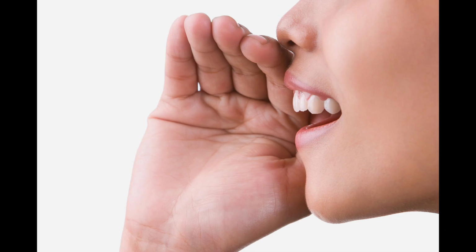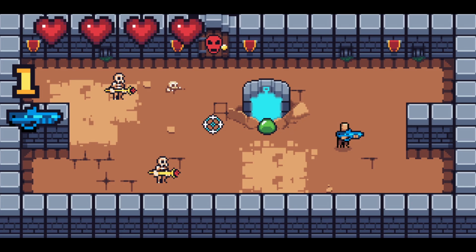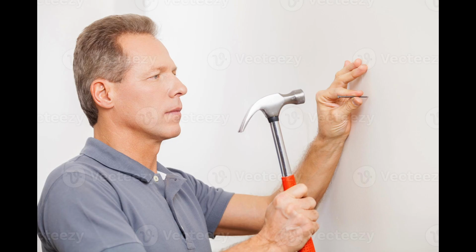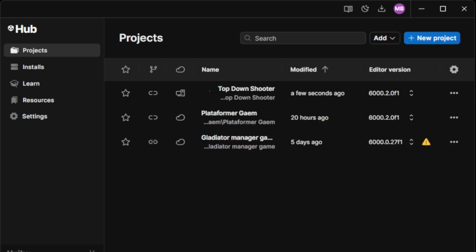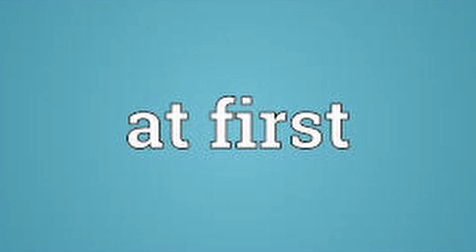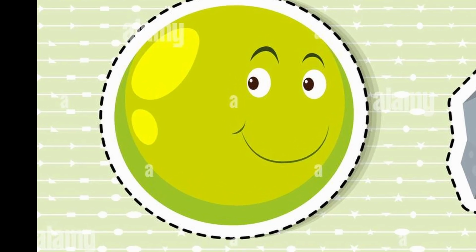Catman suggests another prompt, being a top-down shooter, something Catman was familiar with and could help me if I need him. So I begin making a game. First, I create a new project and I start to watch a new tutorial about how to make a top-down shooter. At first, things were going smoothly, until I realized the code was outdated and didn't work.